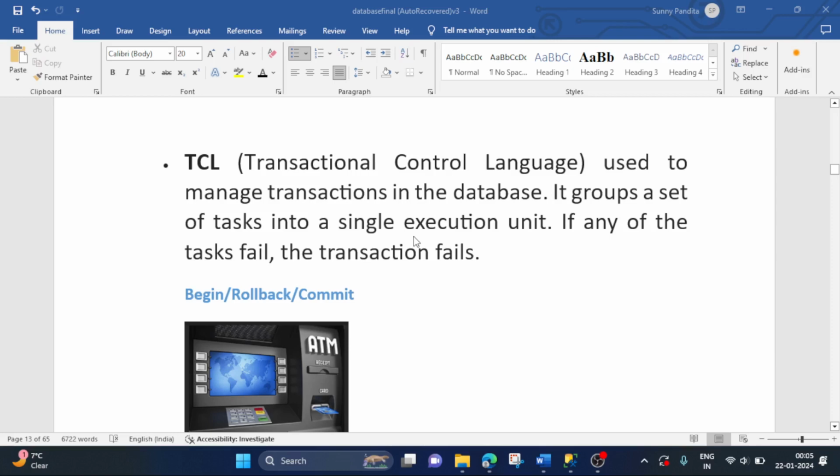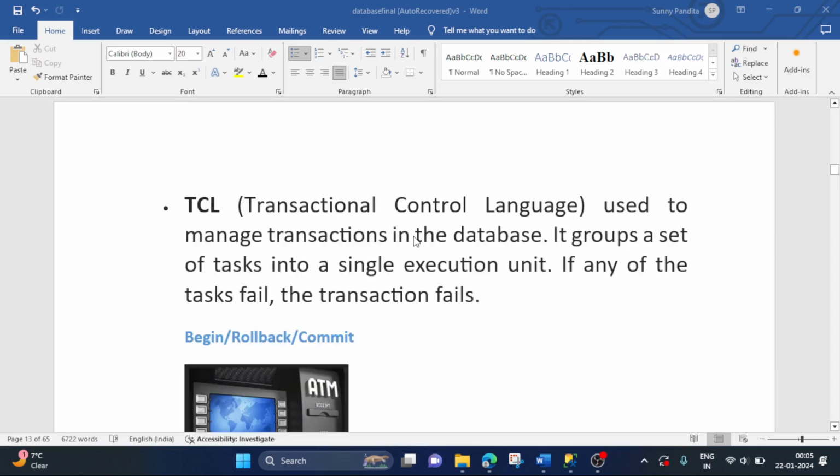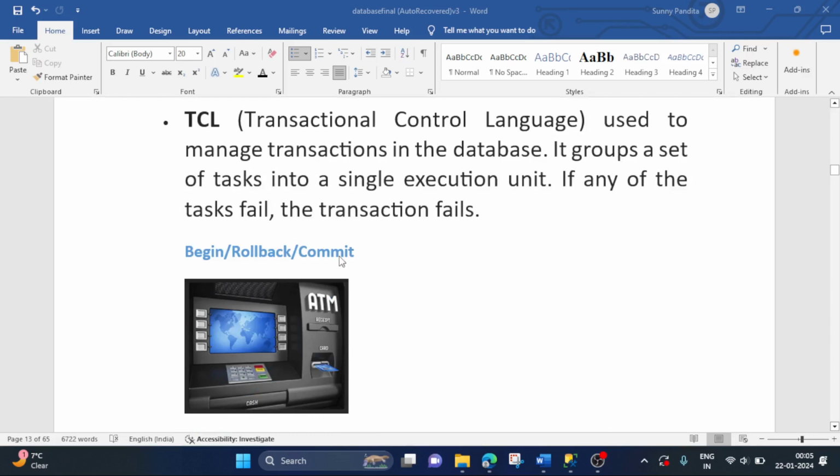In the same way, we secure our data in the database using commands like begin, rollback, and commit. And these commands belong to which category? It is TCL, and TCL stands for Transactional Control Language. So now let's understand this practically in SQL Server, how we can use these commands to manage transactions in the database. So let's open SQL Server first,